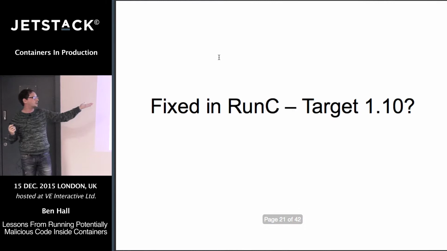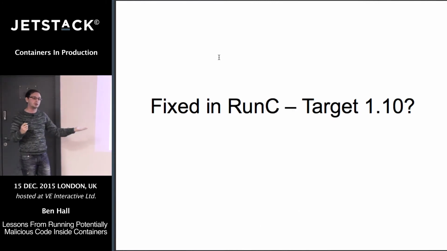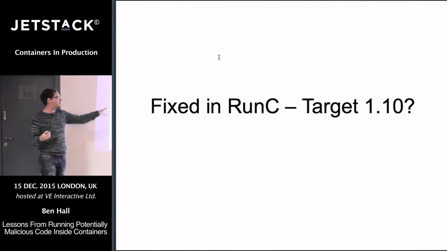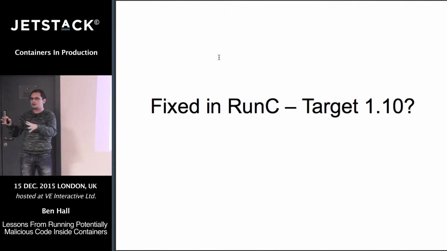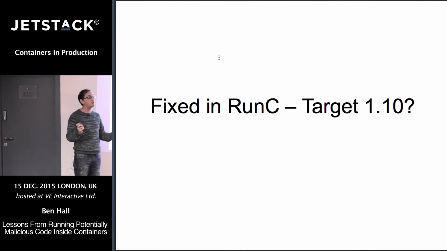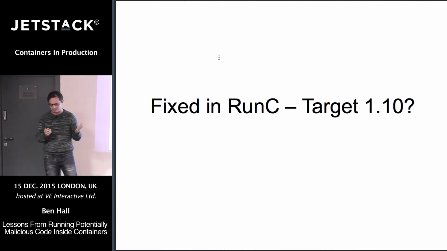Thankfully, in Docker 1.10, this has been fixed. And so Docker now respects how many forks a process can make. And it's already in RunC, which is like the base foundation for running container technology in Docker's Open Container Initiative. And so hopefully in 1.10, things like fork bombs and infinite process forks will be resolved, which will be good for us, because it's a pain to get around.